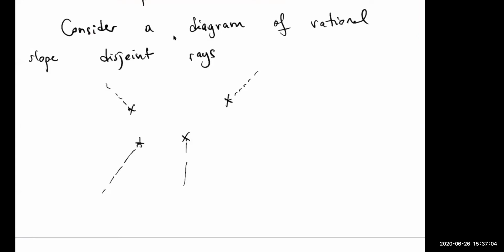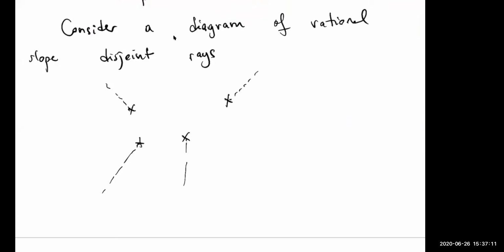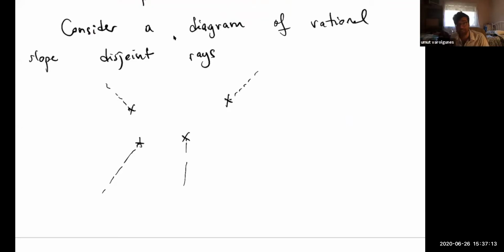Okay, and then can you just repeat so that I understand? So you just take some points on R2, and then you make some cuts, meaning that you take some rational slope disjoint rays. Then you cut along those and you reglue. This is the standard way of constructing it. You can also think of it as, you make a cut, and then you reglue something that looks like this, where the map here is the identity, and the map here is the shear.